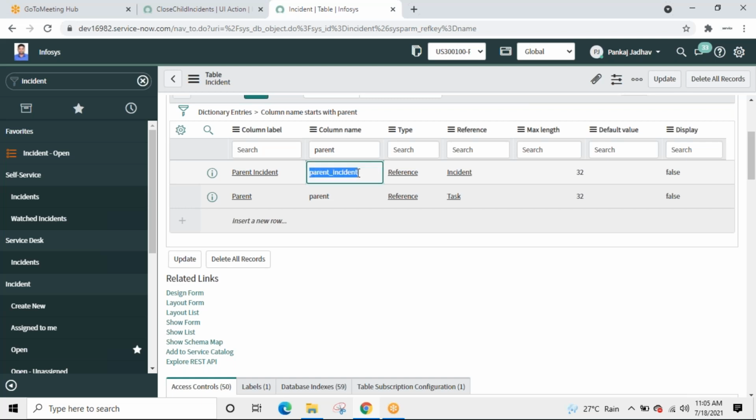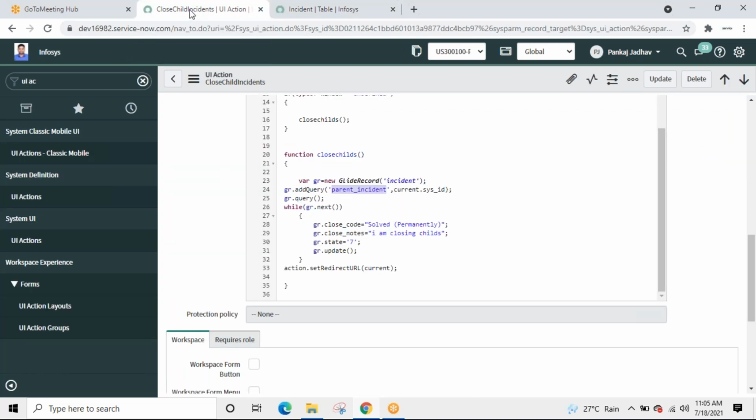So coming back to the logic. Query the whole incident table, create a reference to the incident table, add a query where parent incident field contains current incident sys ID. By this qualification, the system understands if there are 100 incidents in the table, then filter out those incidents whose parent_incident field contains the current incident's sys ID.